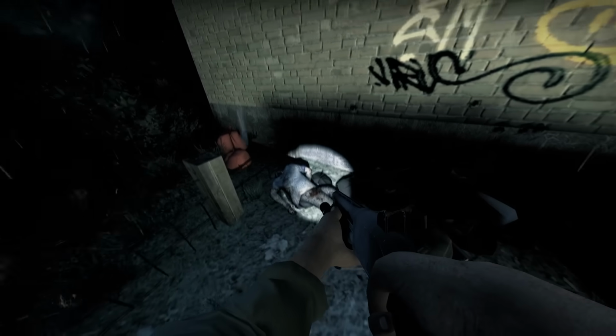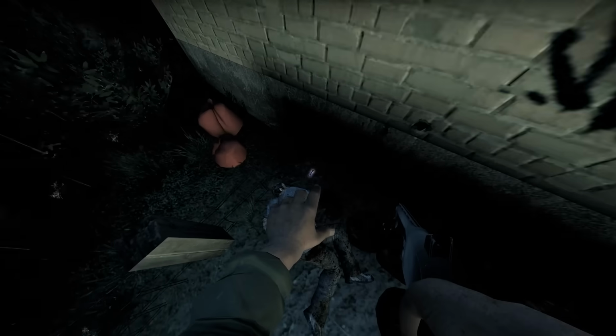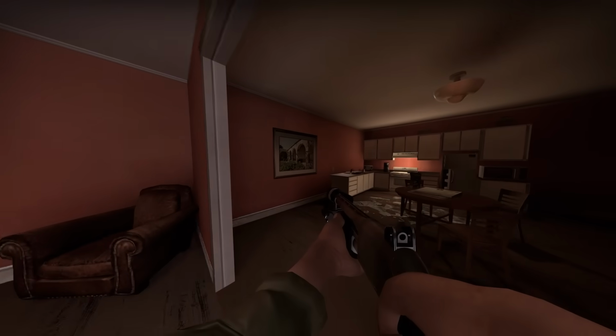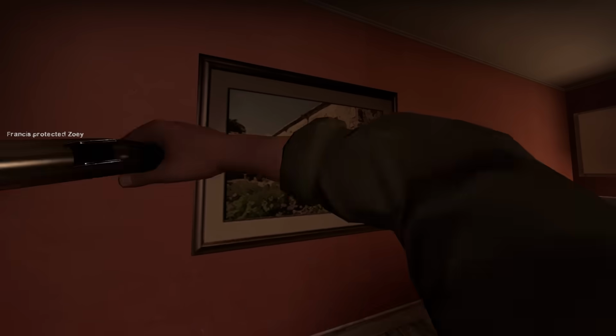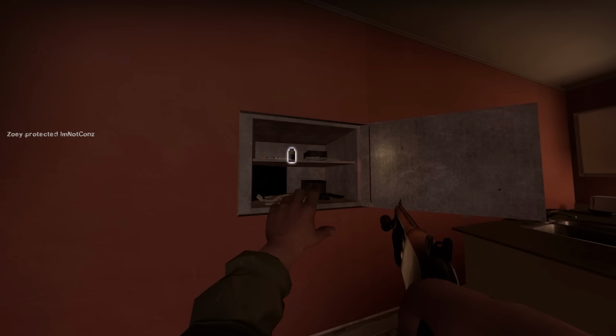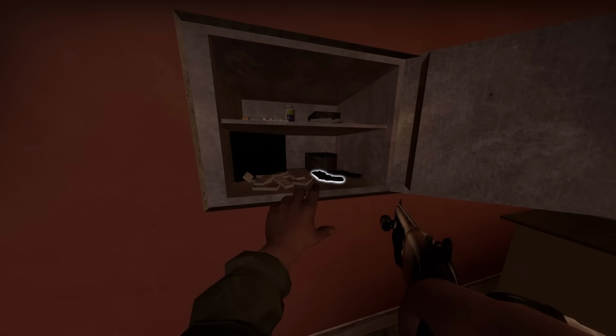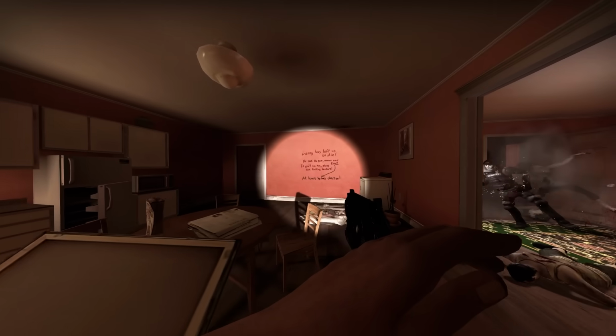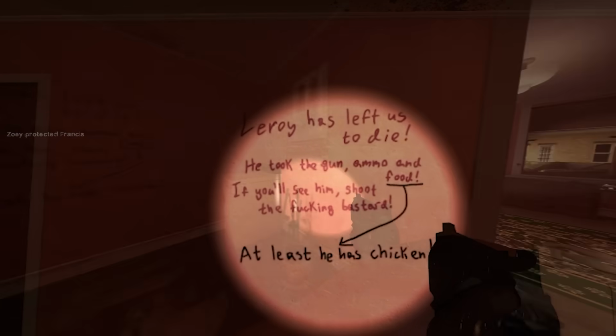In this far corner, you can find a dead body with a strange key. If you head over to the nearby apartment building, you can find this painting on the wall. If you knock over the painting, you can find a wall safe, and you can unlock it with the key I just showed you. Inside the safe, you find money, Desert Eagles, and healing supplies. Behind the safe, we have another piece of wall graffiti that reads as follows: